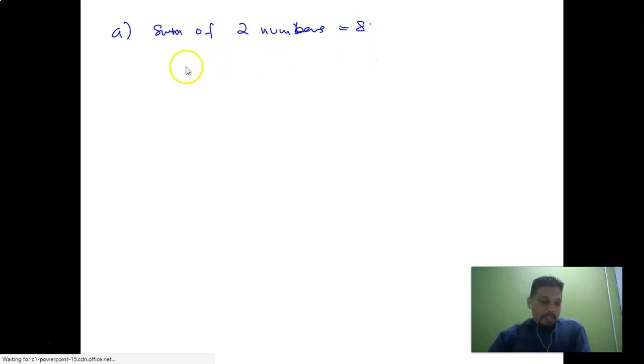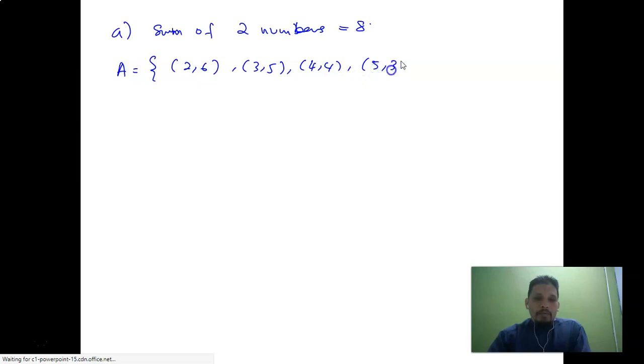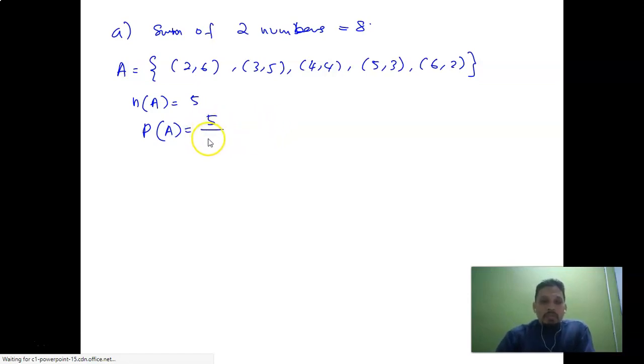Equal to 8. Okay. So let A be an event with 2, 6, 3, 5, 4, 4, 5, 3, and 6, 2. So the number of results of A, the possibilities of A, equal to 5. So then the probability of A is 5 divided by the total, which is 36. Okay, and then B, let B be the event of getting two numbers